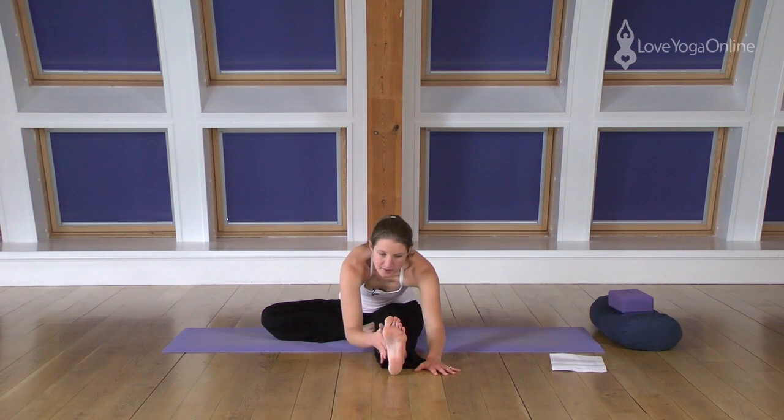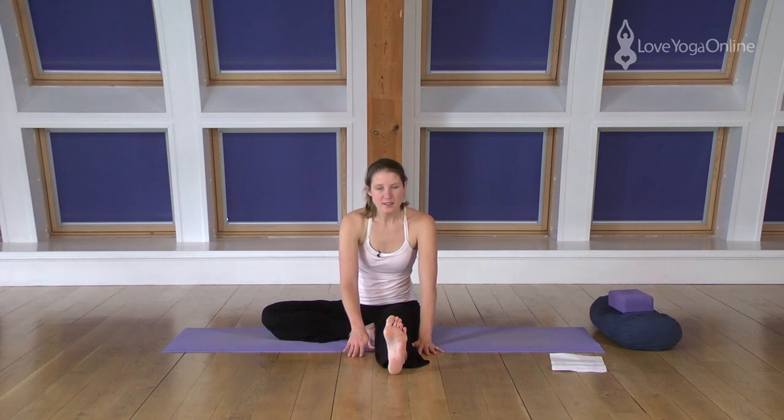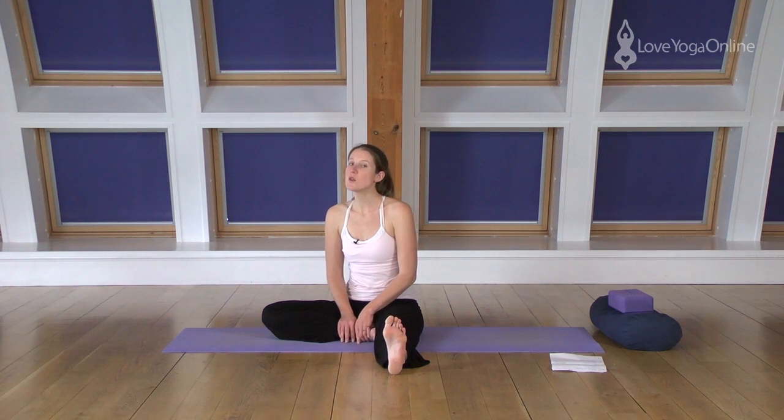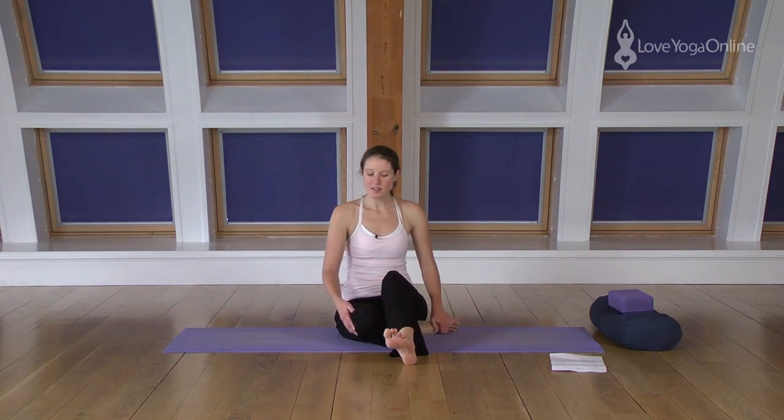Keep lengthening through the crown of the head as we fold and soften the torso completely. So we'll keep the leg active with the toes pointing straight up, but softening completely in the upper body, the shoulders, the elbows, the head and the neck. And coming back up, taking the spine straight. We're going to move into another seated pose,